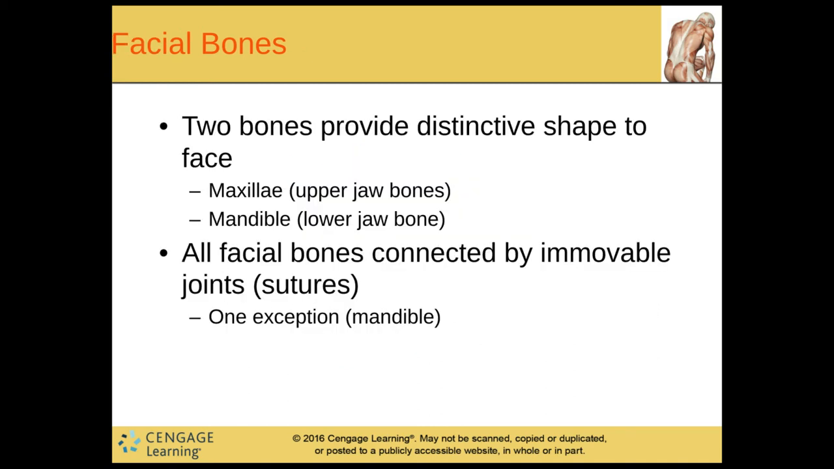Then we have facial bones. The 2 bones provide distinctive shape to the face. We have the upper and lower jaw, that maxillae or that mandible, right? All facial bones are connected by immovable joints or sutures, except for the mandible. The mandible moves, so that helps in eating and chewing and talking and all of that. So that's that joint that connects at your jaw line, right? And that's the only movable